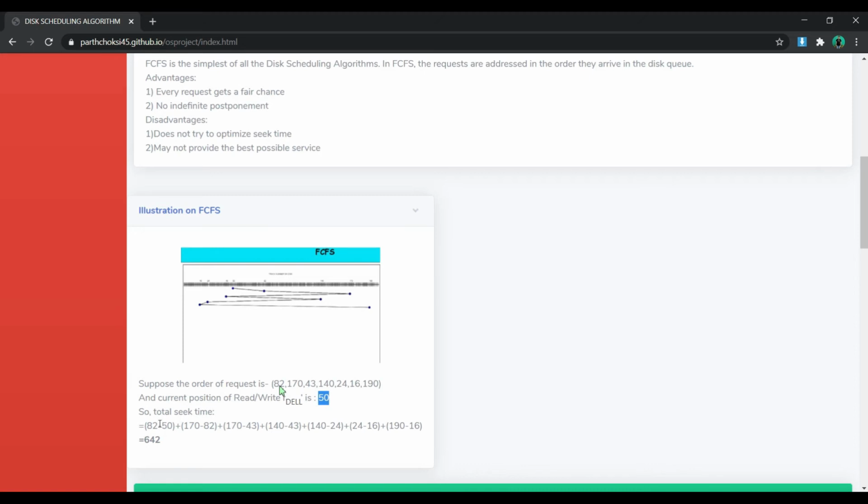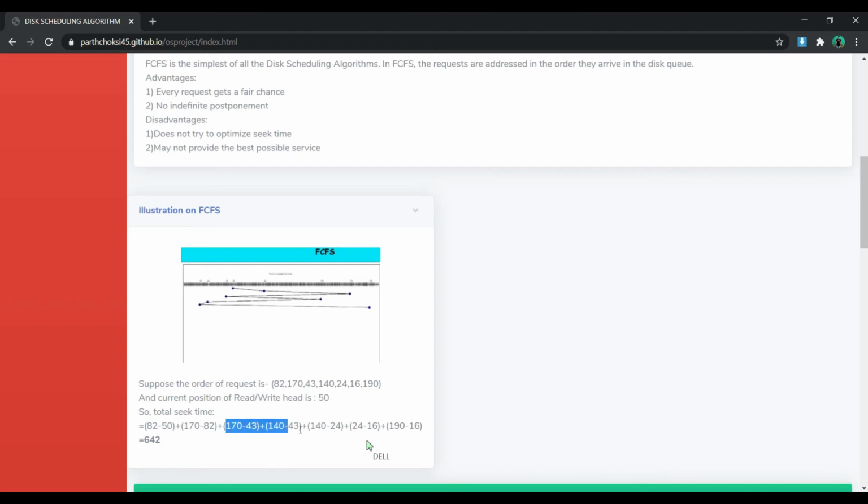First of all, we will subtract the disk head 50 from the first request number, which is 82. So it will be 82 minus 50. Now we will apply the same for the next, but this time your current head will change, meaning your 50 will be changed to 82, which is your previous request number, and we will subtract it from the next request number, which is 170. So it will be 170 minus 82, and we will go through this procedure till the last.